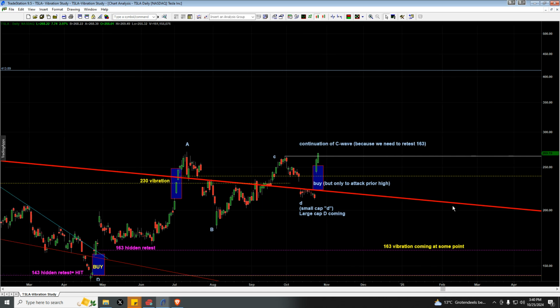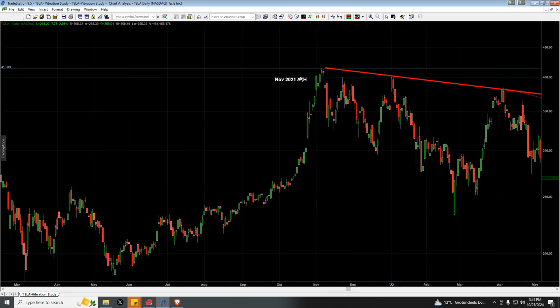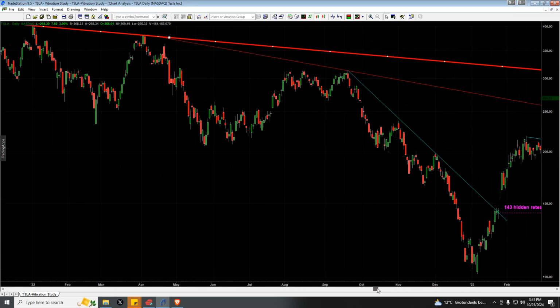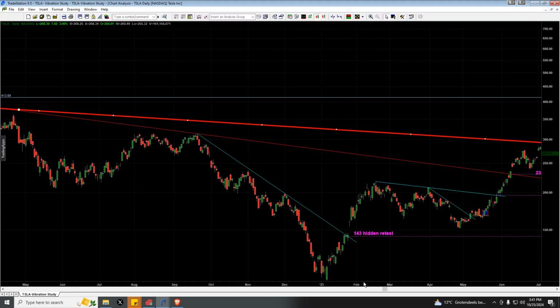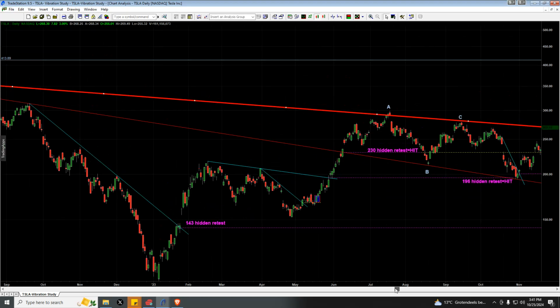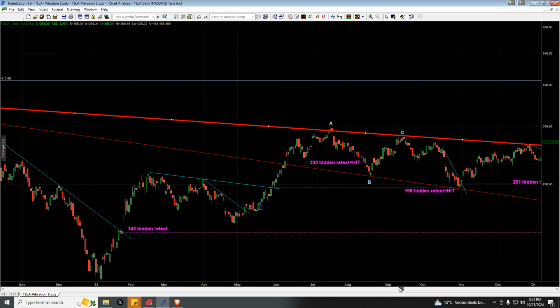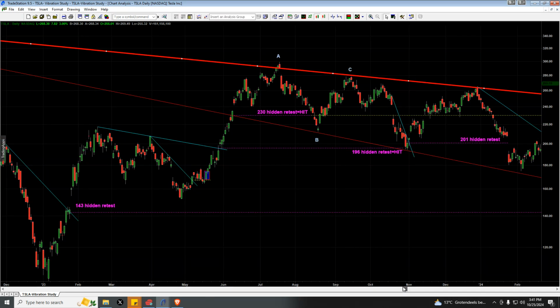You can see this thick red downtrend line right here. This is the downtrend line off of the all-time high posted November 2021, okay? You can see this thick red downtrend line. There's some stuff that's happened in between that I posted here. I don't want to get too complicated for people who haven't watched many of my videos, but what I want to show you guys is important, especially with learning how to identify my hidden retest levels,